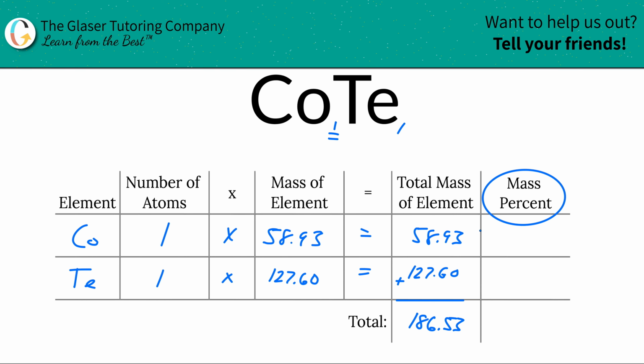So to find the mass percent of, let's say, cobalt, what we have to do is take the total mass of that element, 58.93. Don't worry about the units here. You can use grams per mole or AMU. It really doesn't matter. The magnitude is what is important. And then divide that by the total mass of 186.53, and then multiply by 100, hence why we had to find the total mass first. And when we do that division, this comes out to a percentage of roughly about